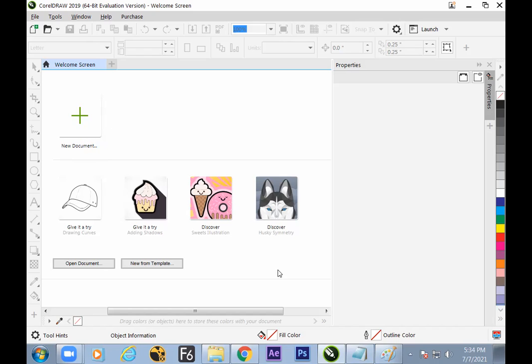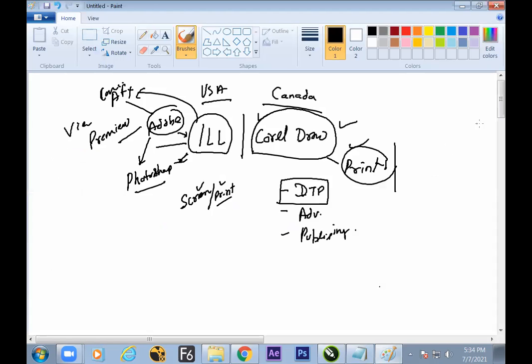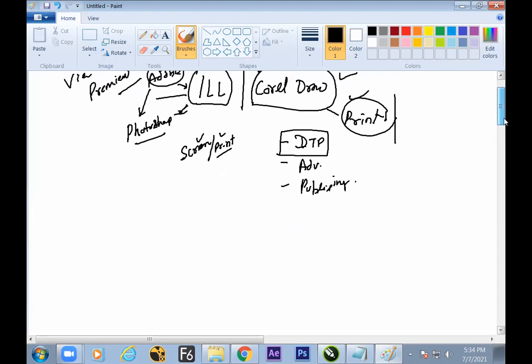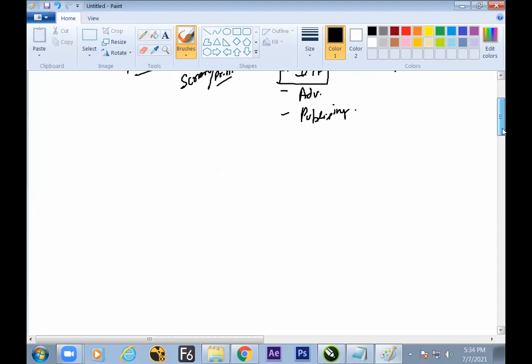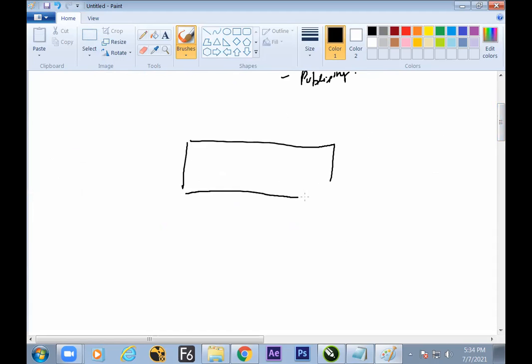Fine. Before entering into the software, let us take some tips and tricks. What is to be taken care of in CorelDRAW? While we are learning CorelDRAW, there are a few tips here. On your keyboard, Adobe mostly works on Alt, Control, Shift. These keys are mostly used in Adobe.